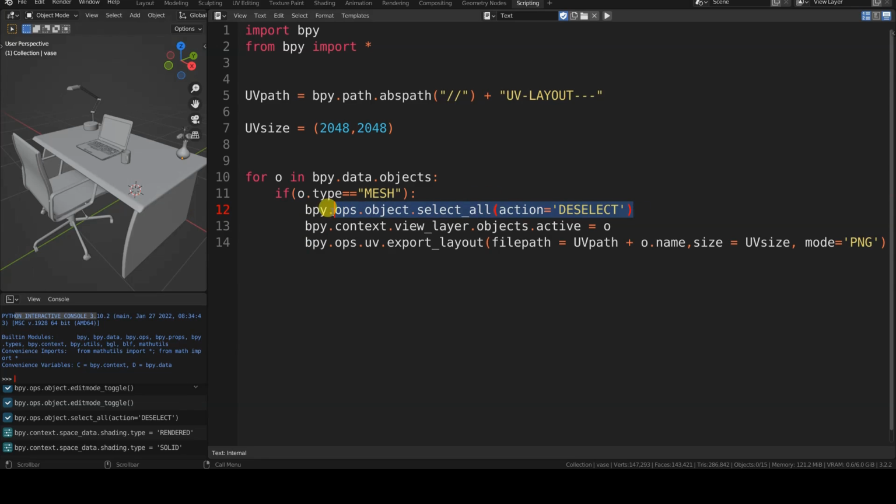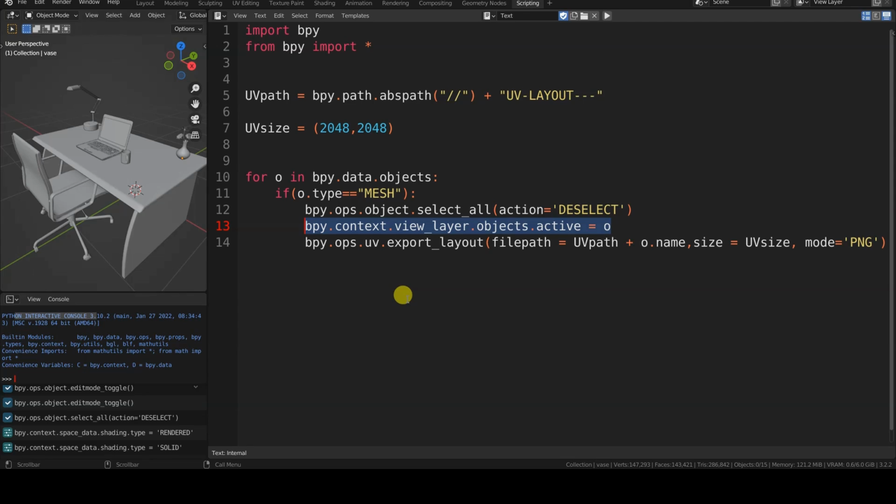bpy.ops.object.select_all(action='DESELECT'). We have to do this every time to deselect all the other objects, otherwise we will get an image with two or more UV maps overlapped. bpy.context.view_layer.objects.active equals o.